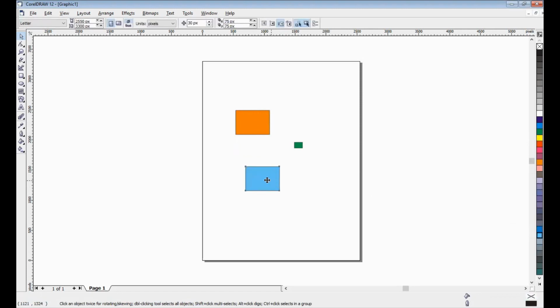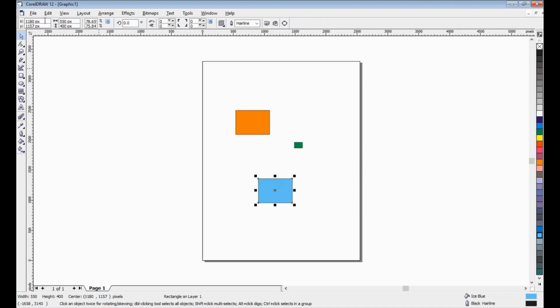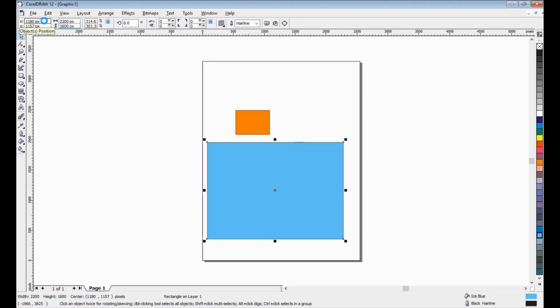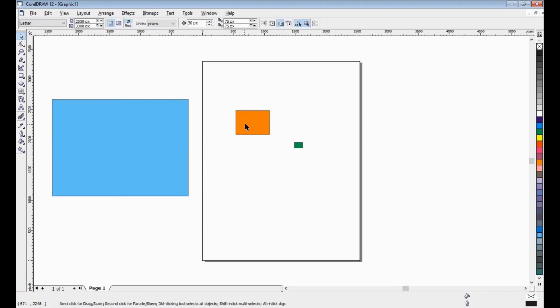That the result is 2200 pixel and 1600 pixel. Maybe 4 times bigger if we want to create object on CorelDRAW and then place on Adobe Flash.